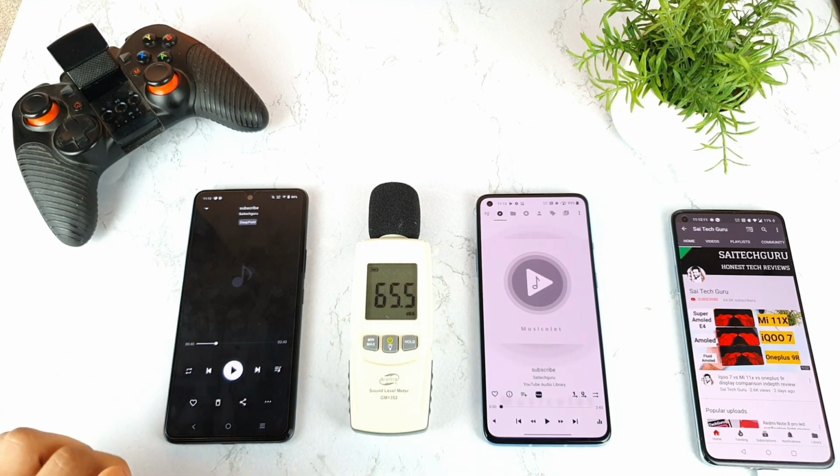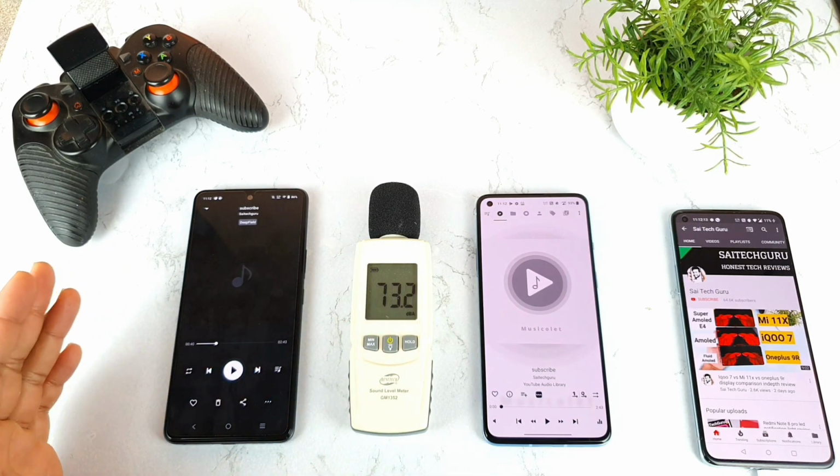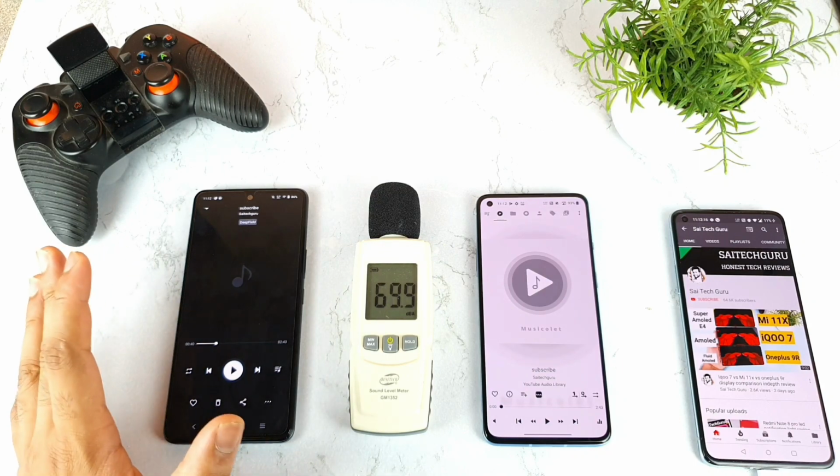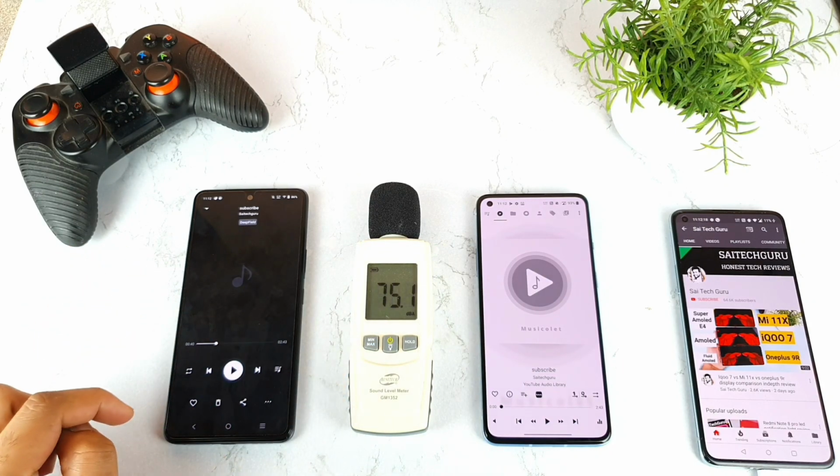As you can see friends, clearly the loudspeaker went up to only 84 decibels and 85 decibels. That is the maximum decibels I got in this phone.